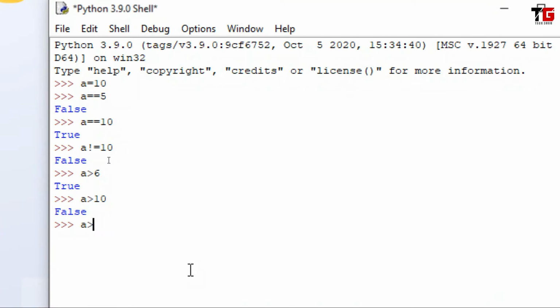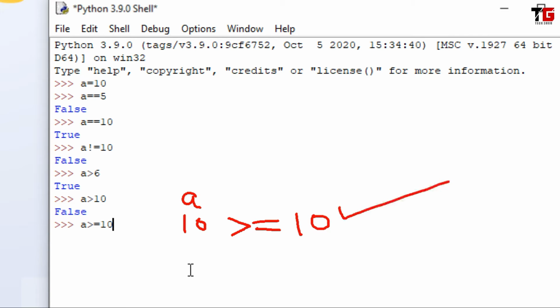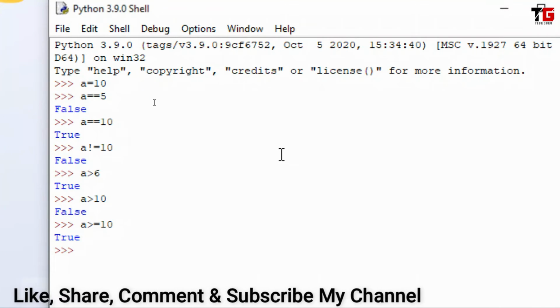But friends, if I check A is greater than equal to 10, now I will get true because value of A is 10. I am checking whether 10 is greater than 10. No. But is this equal to 10? Yes. Because greater than equal to will check for greater value and for equal also. So now I am going to get true result.